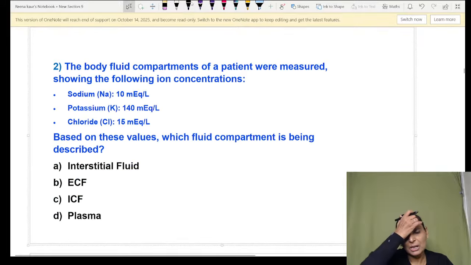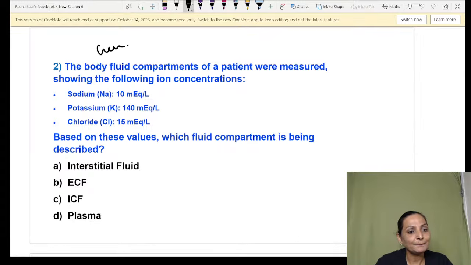Now again, a very important question that is related to our general physiology. There is a body fluid compartment which is showing sodium 10 milliequivalents per liter, potassium 140, chloride 15. So based on these values, you have to tell us what compartment is being asked about, whether it is your interstitial fluid, ECF, ICF, or whether it is plasma. So which compartment is this, that is to be